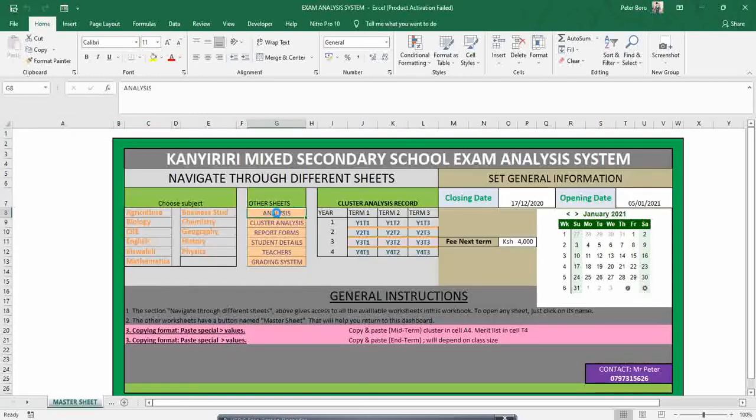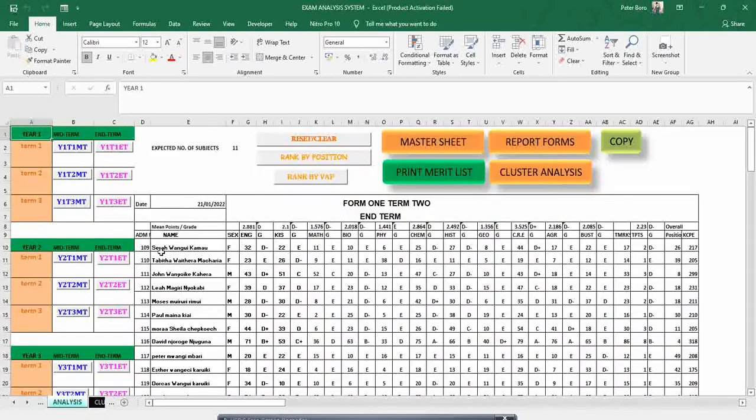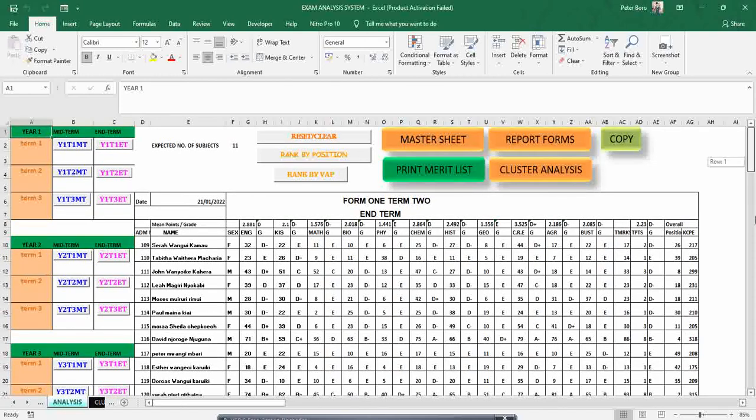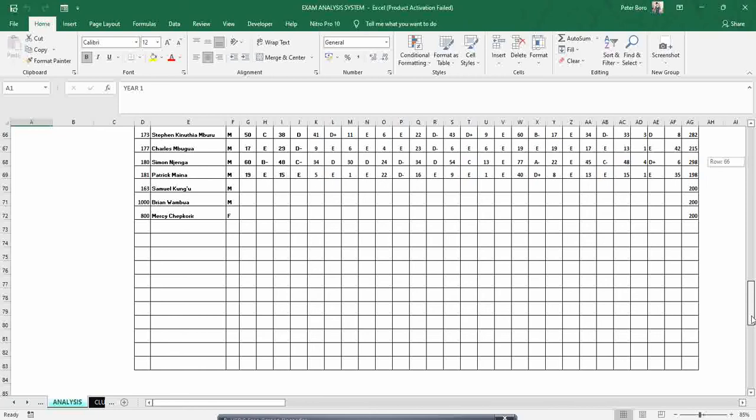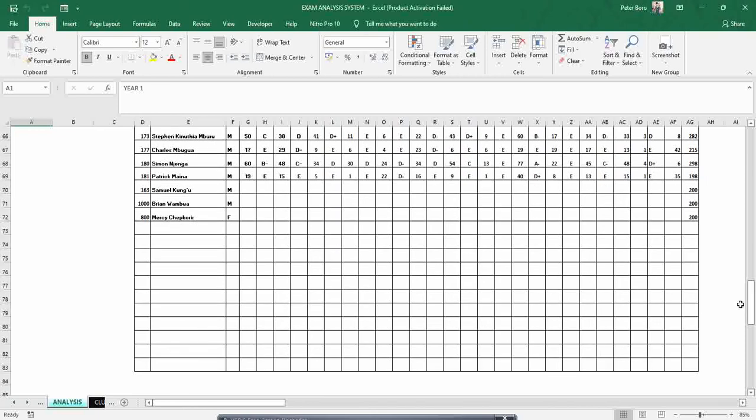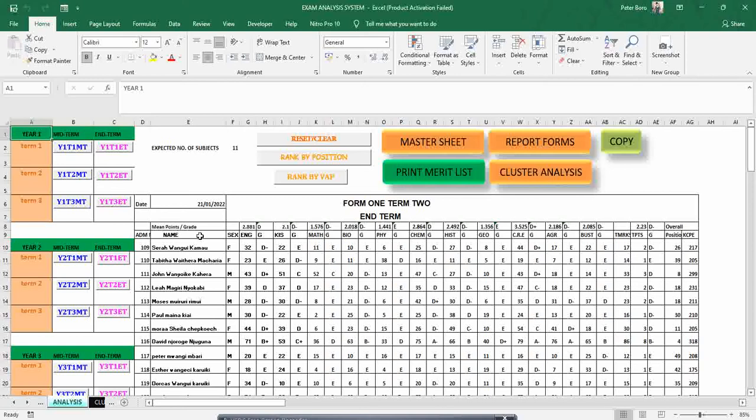Let's go to analysis. So this is the analysis that you have done, and the students here appear in the way they appear in the students list. So this is nominal number 1, nominal number 2, up to the last person there. So you can see the last person that is here. So this is the way the list appears. So you can rank that by position if you want. If you want to get the merit lists